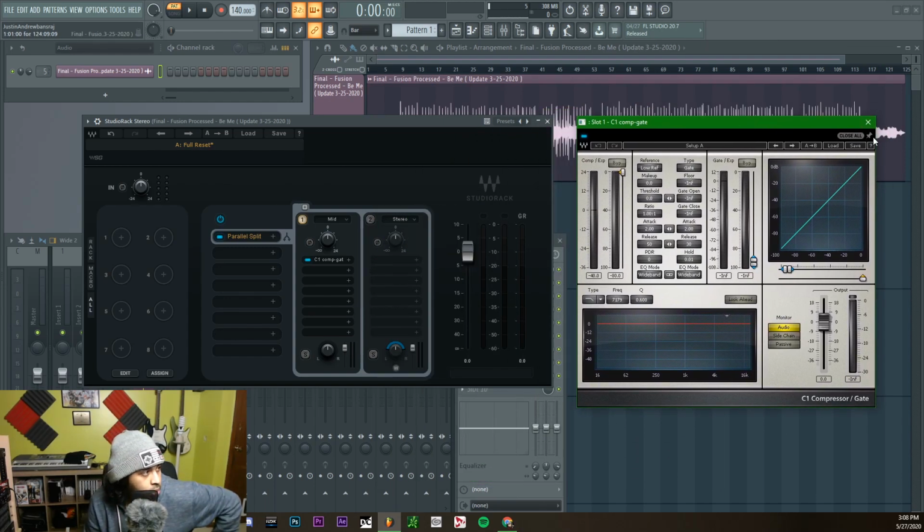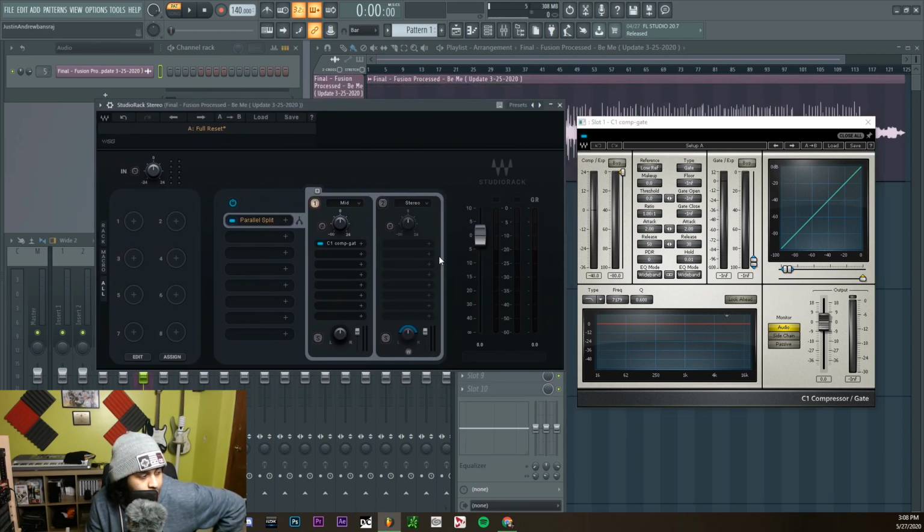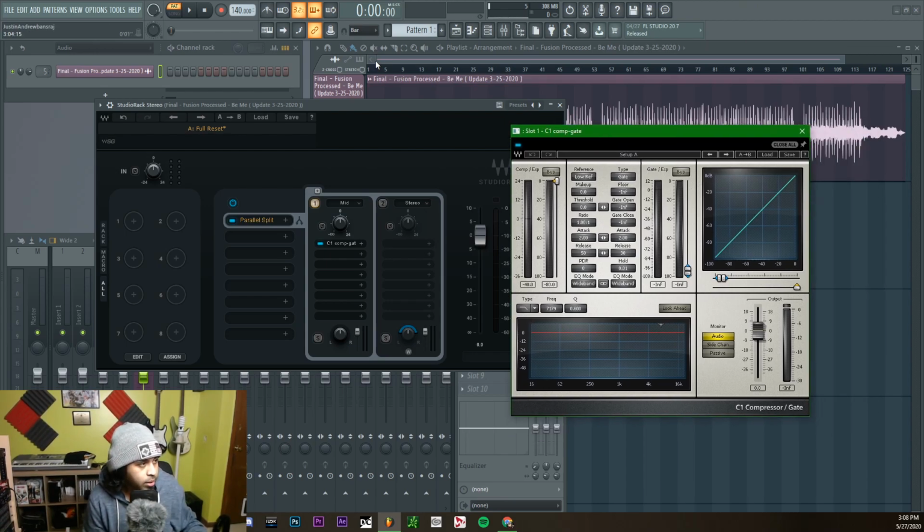Hold on, what's this pin? Oh, okay. I thought it would have pinned it to the plugin. But yeah, I can understand why they do it like this. It makes everything like the GUI and all that way easier to deal with. All right, back to what I was talking about here. Let's see if we could do something. I'm going to hit play.